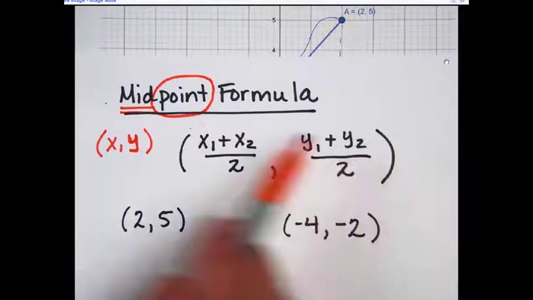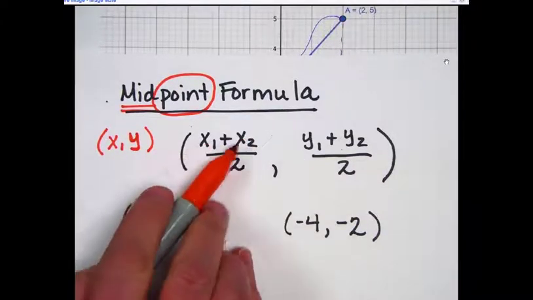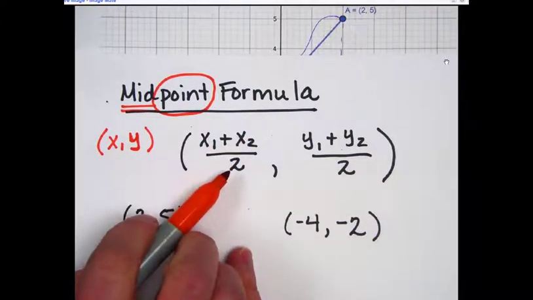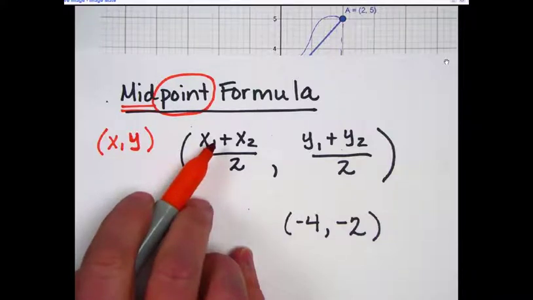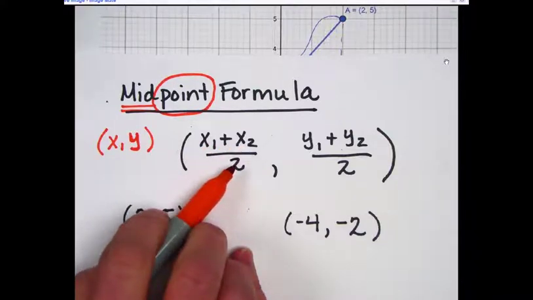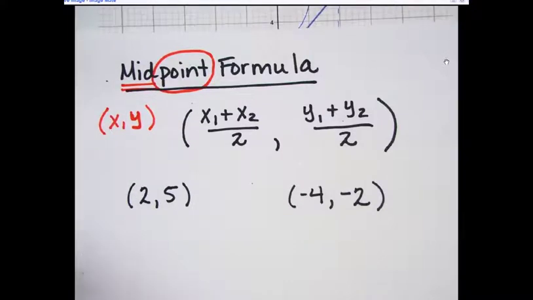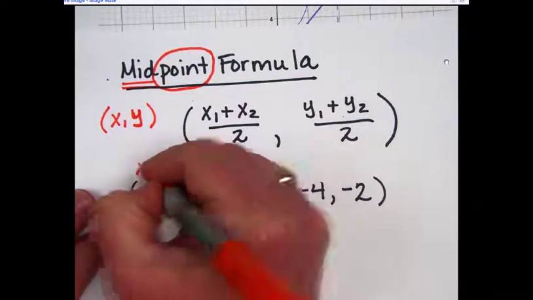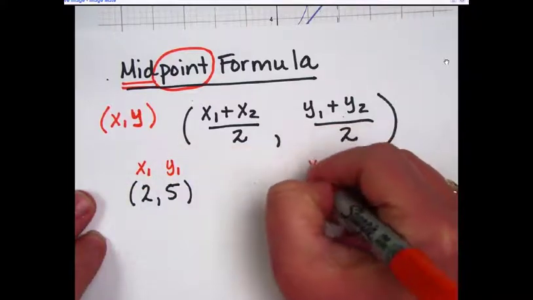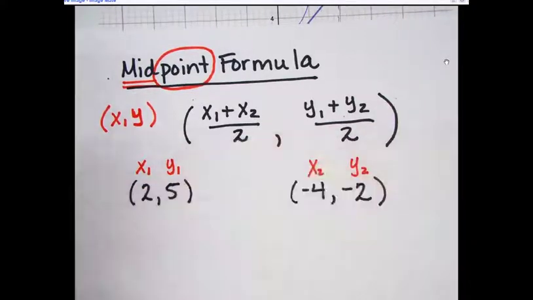How do we take an average? When we only have two things, we add them together and divide by 2. So to get the x coordinate, we're just going to add the x's together and divide by 2. To get the y, we're going to add the y's together and divide by 2. Once again, if it's easier, you can just label these x1, y1, x2, y2, and from there we're just going